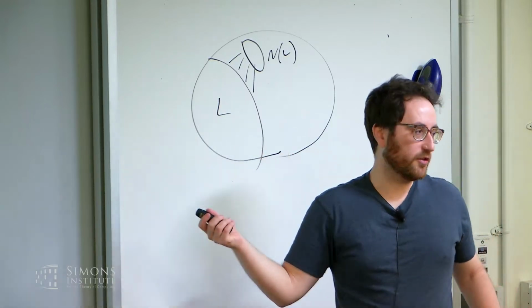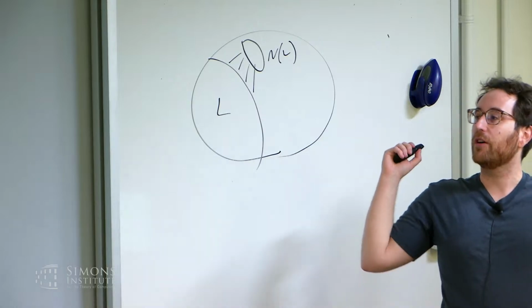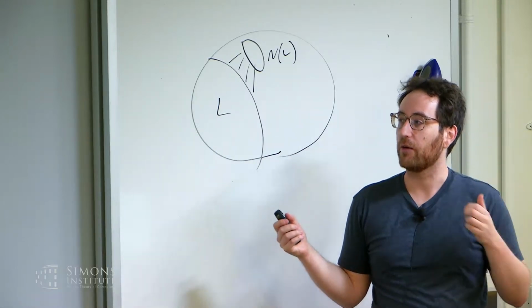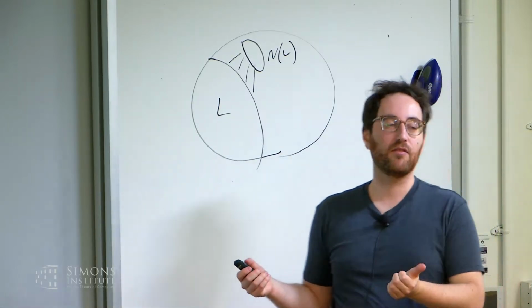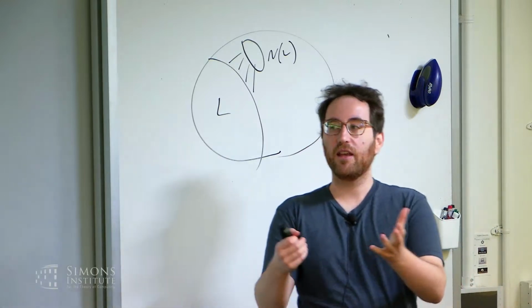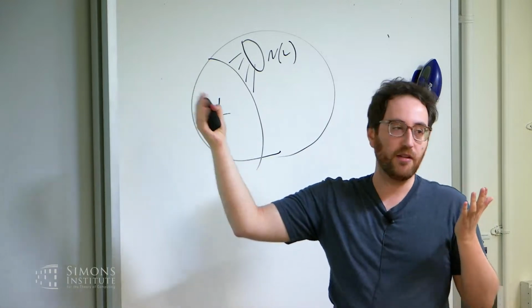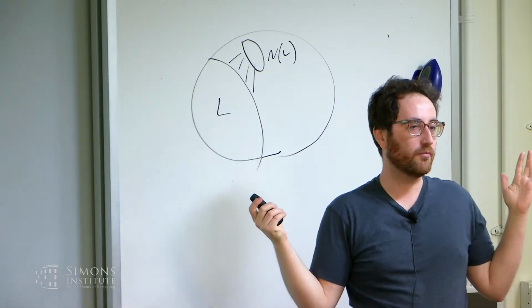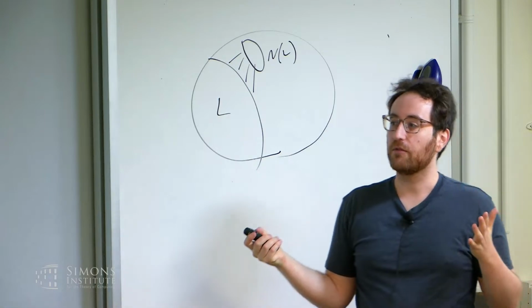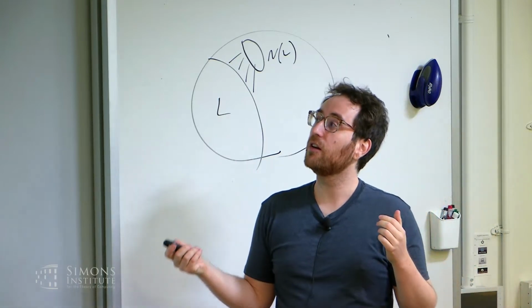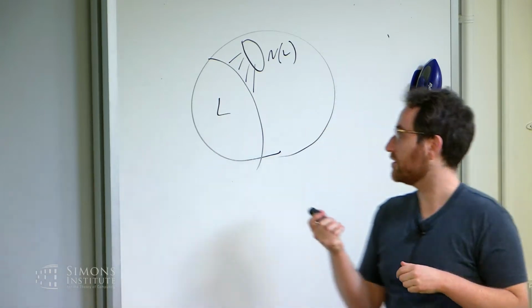So why vertex expanders? Why am I suddenly talking about expanders? One nice thing about expanders is they always have low diameter. So if you want to maintain this low diameter core, if you can just maintain a core that's a vertex expander, that's going to be your low diameter core. But there's a second reason we want to use vertex expanders, which is that they are robust to edge deletions.